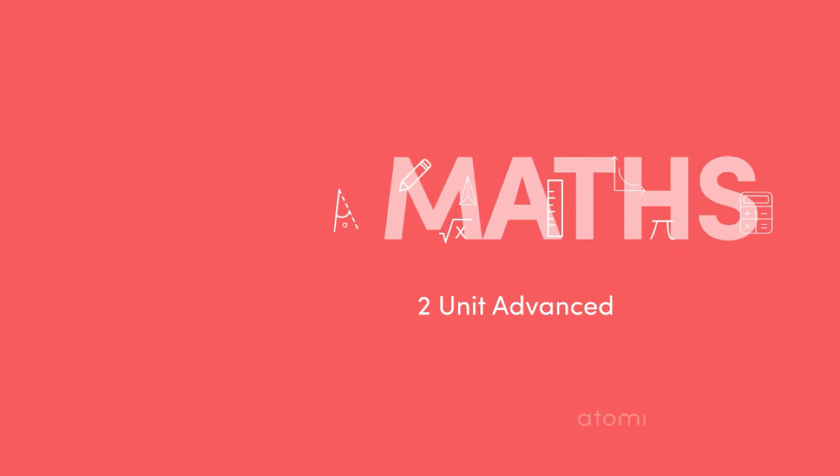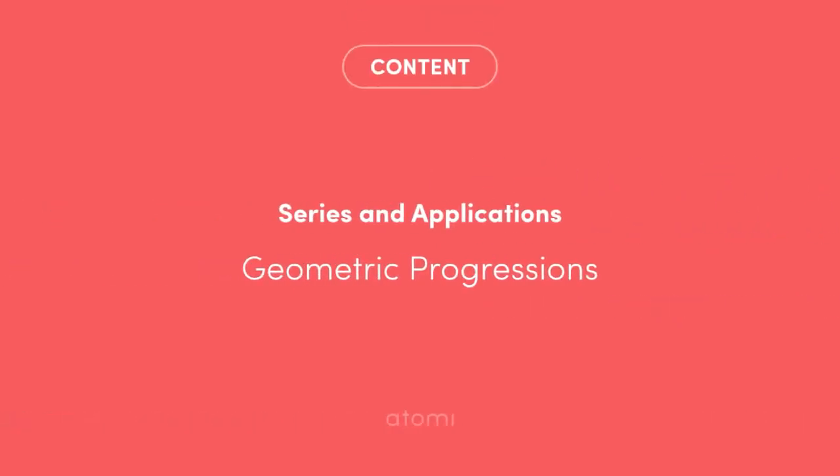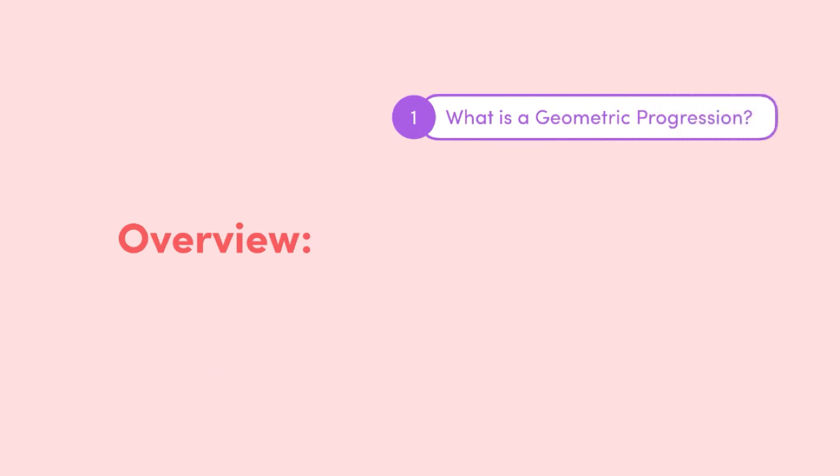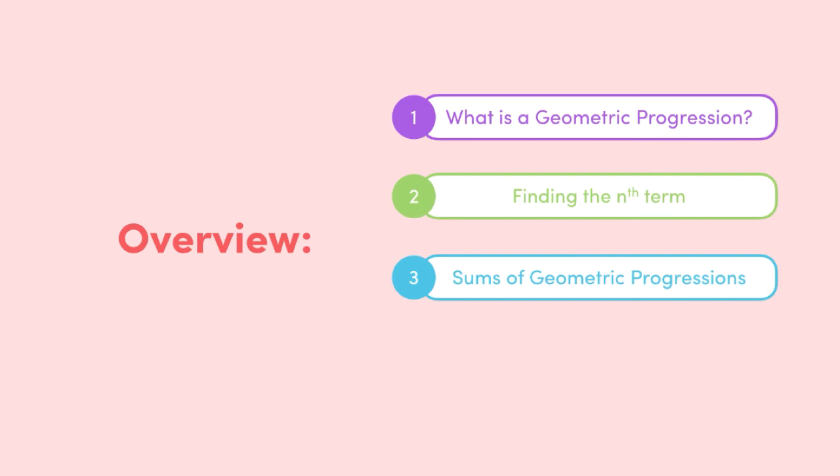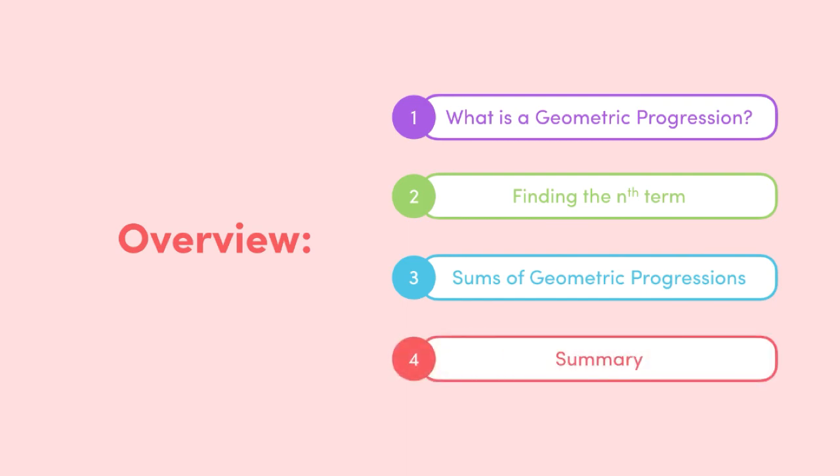This video is on geometric progressions. We'll firstly learn what the key features of a GP are and what makes it different to an AP, before again looking at how we find the nth term and then the formulas for the sum of a GP. After that, we'll wrap it up with a summary, so let's make a start with learning the definition of a